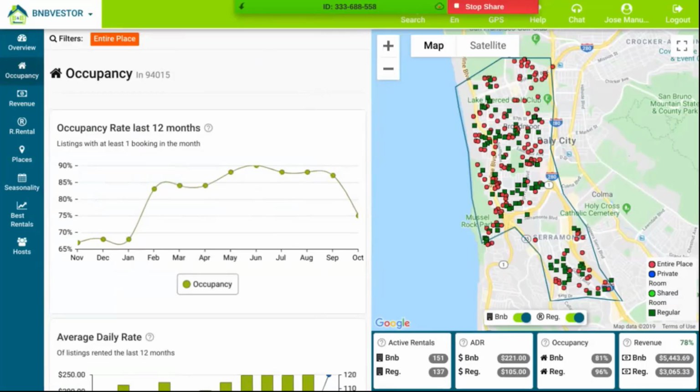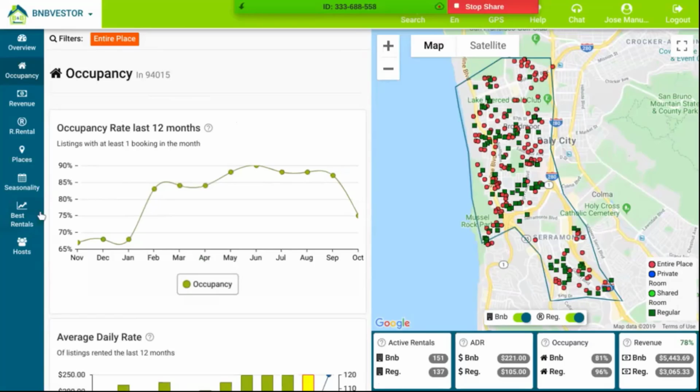If you want to start a business in this area, the best moment to do it would be somewhere around November or even December, because after that all you have is just high numbers. The occupancy rates are extremely high here, so it looks like this is a great place to be doing business.